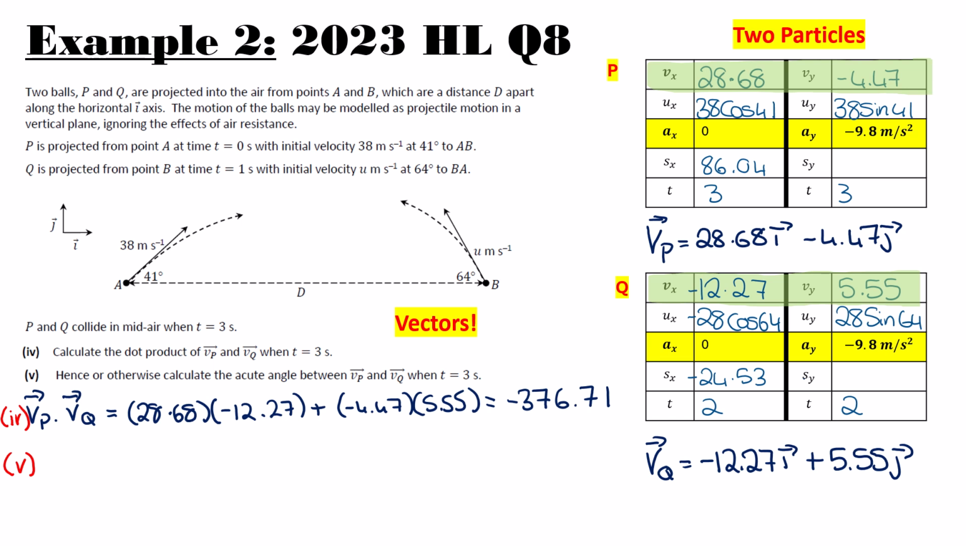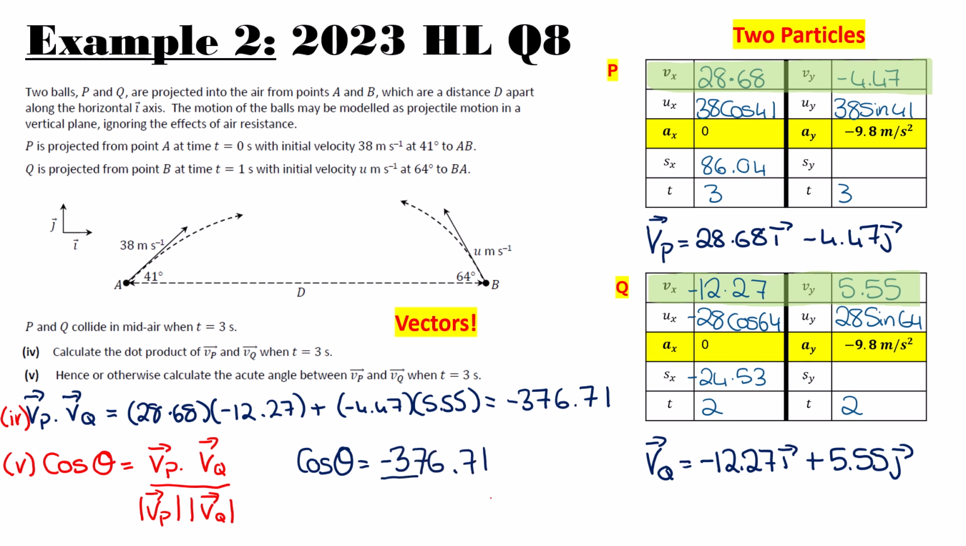If you need to go back over that, I'd suggest looking at the vectors video, which is linked below. But basically what we have is the cos of the angle between two vectors is equal to the dot product, so in this case, VP multiplied by VQ all over the modulus or magnitude of VP times the magnitude of VQ. So that gives us cos of the angle is equal to the dot product